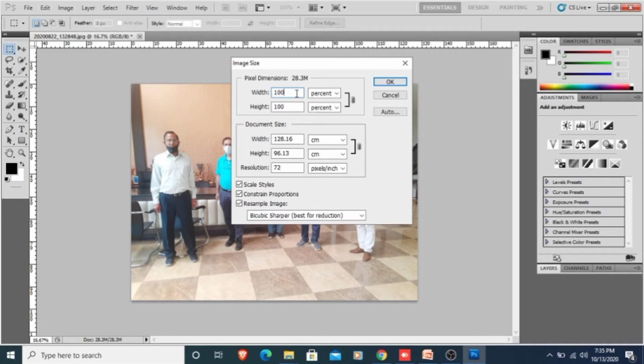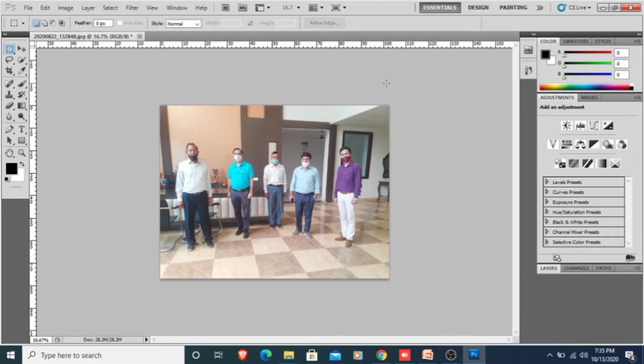Type the height and width in percentage. Suppose you want to reduce your image to 80% height and width, then you write 80 and 80. Here you can see the document size of the image automatically changes. Just click on the OK button. The output is in front of you, the image gets reduced.